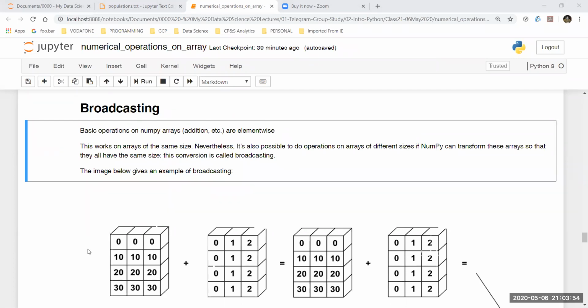Yeah. So for each and every basic operation that you can see over here, what we are essentially doing is element by element operation. So whatever operations we have already seen as of now, all the operations are done per element.